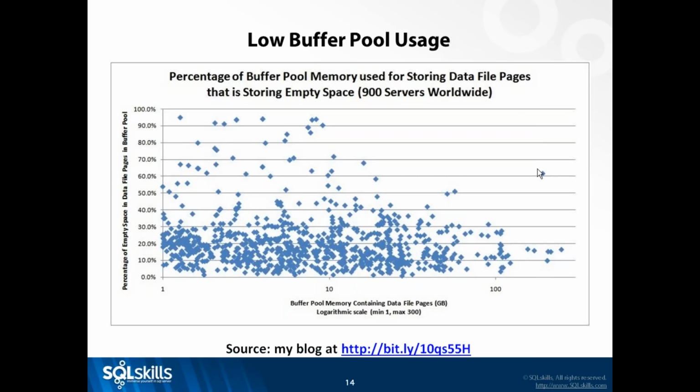And that could be a server that's suffering from having to do a lot of reads. And if they took account of that fragmentation and did something about it, they'd be able to fit more of their workload into memory and not have to take so many reads. And so things would go faster. Here's another couple of examples over here. So on our logarithmic scale, this is what, 9 gigabytes, 10 gigabytes. So these might be small VMs, but look at this, more than 90% of that buffer pool space is empty. Again, that's not a very good use of that memory.